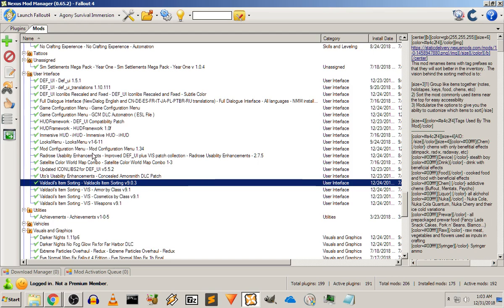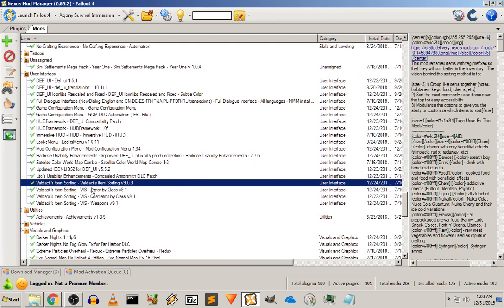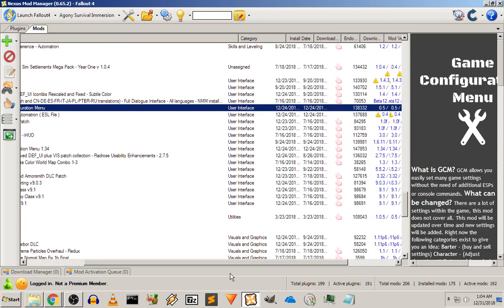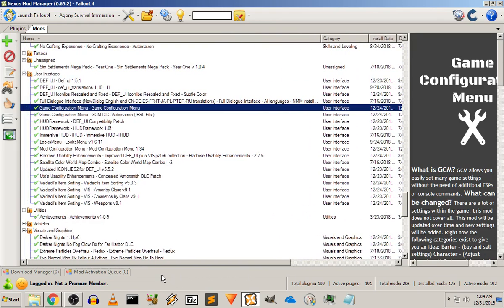Okay, did go ahead and upgrade again the VIS and Radrose, which I do every time we come around to a new iteration of the game. This is the game configuration menu that I worked out in a previous live stream, where I got swamped by Deathclaws because I had it overwritten my SKK. It took priority over my SKK